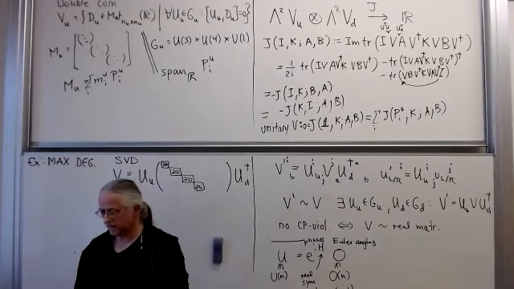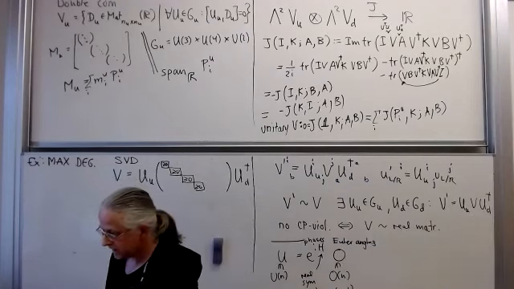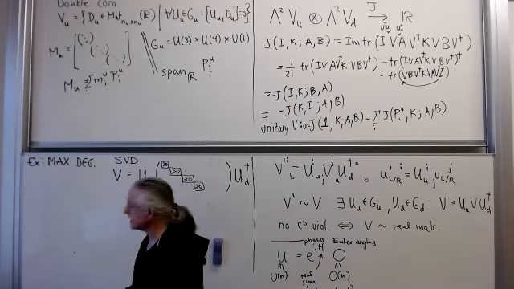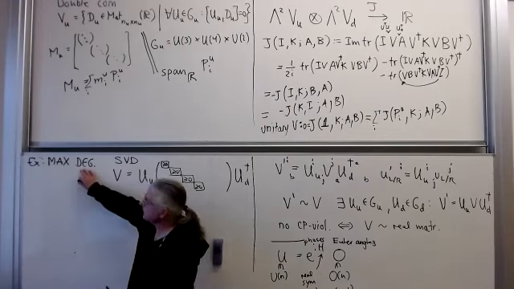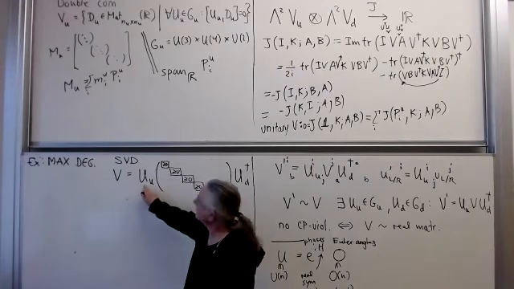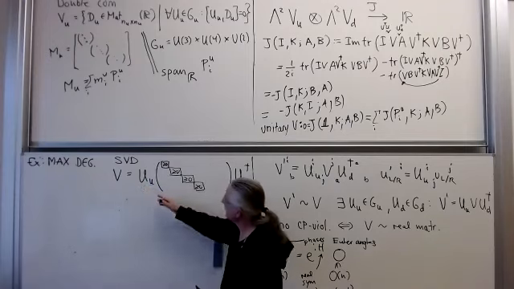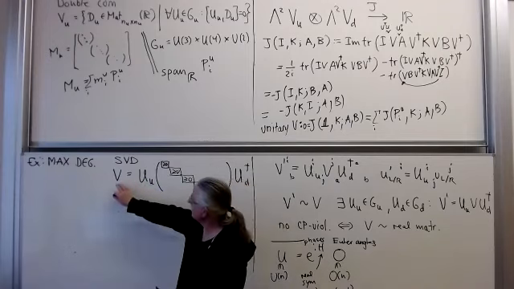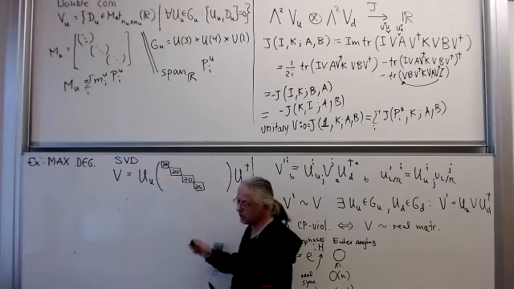Have you heard this before? So this answers the question in the maximal degenerate case. In the maximal degenerate case, we have a unitary. We know that the groups are unitary groups, and then we can always bring the CKM matrix to this form, and we can even make it positive.